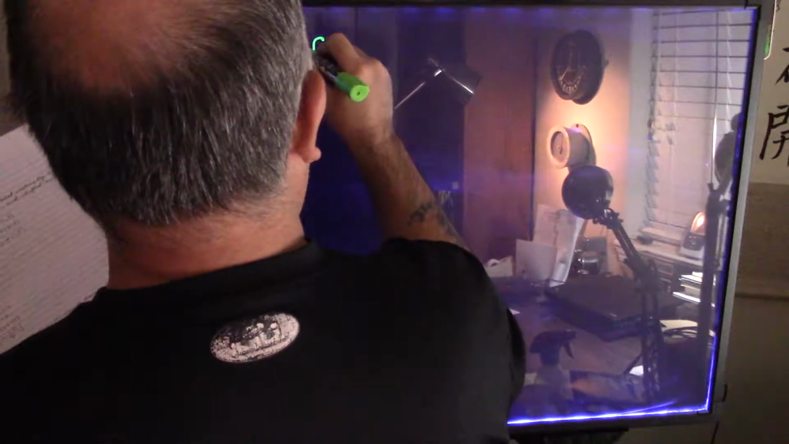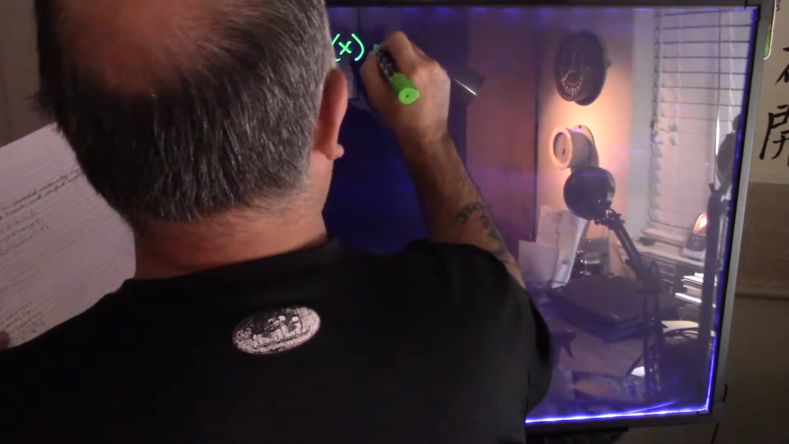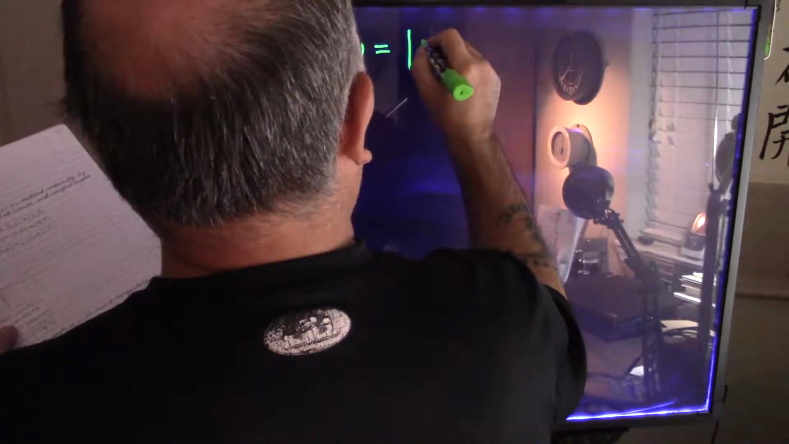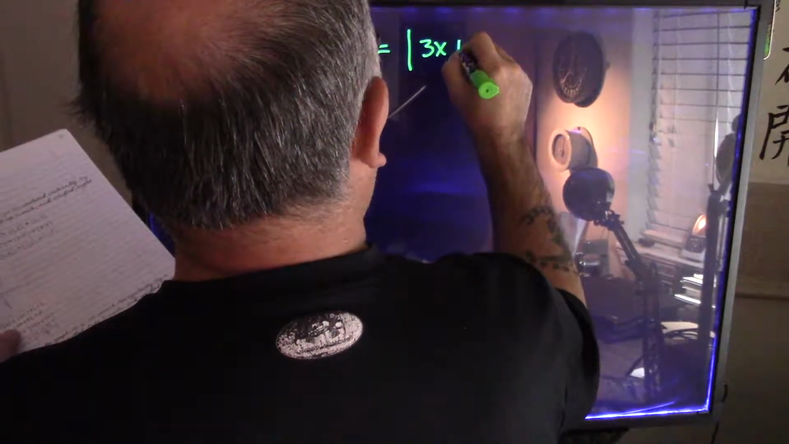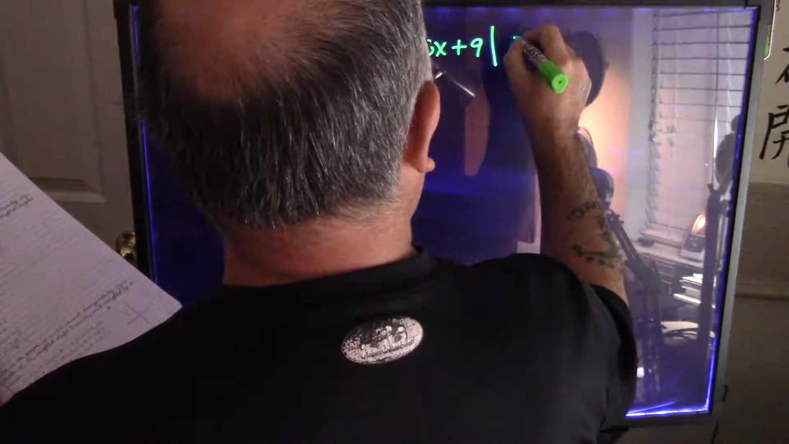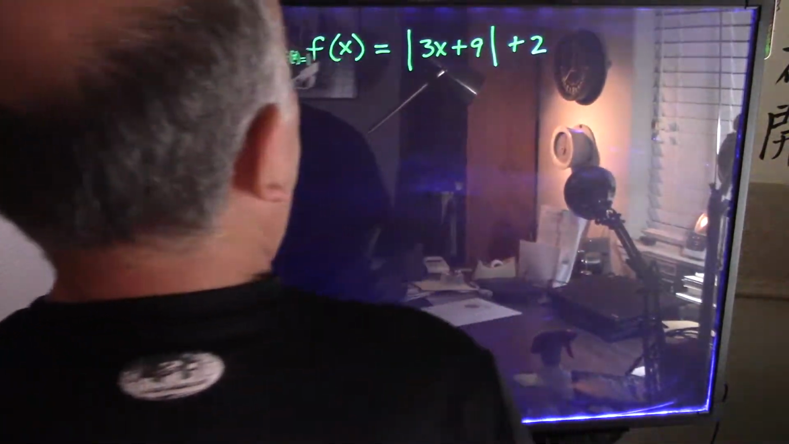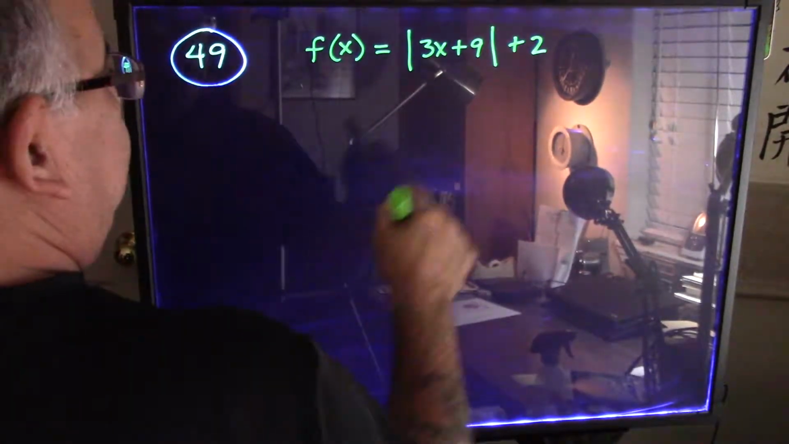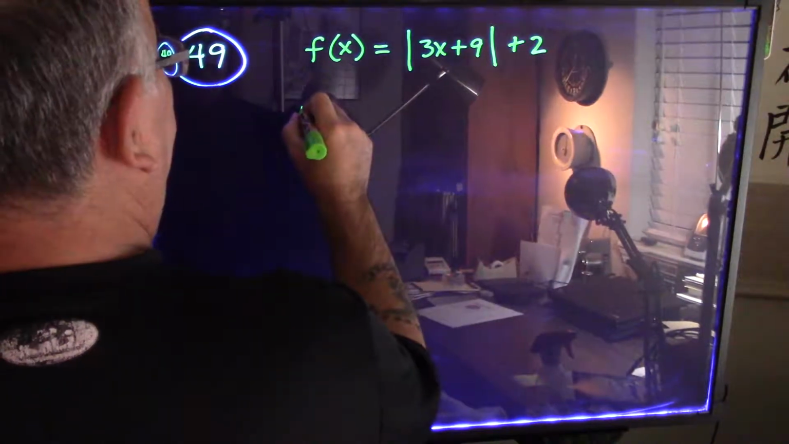Number 49, we've got f of x equals absolute value of 3x plus 9 plus 2. So again, let y equal f of x. Okay, and then subtract 2 from both sides. So you got y minus 2